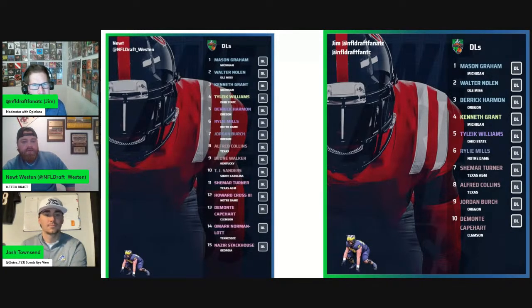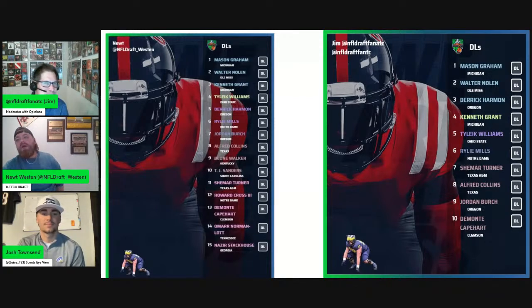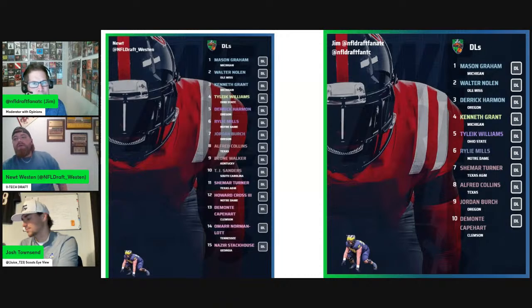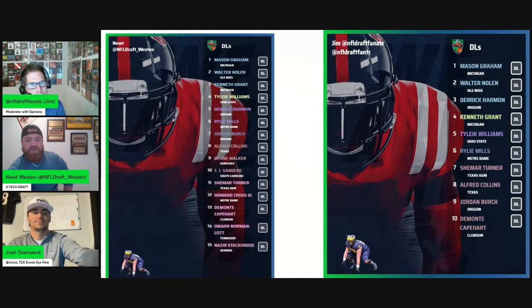Okay. Any other players that are in the top 15, Newt, that you'd like to give some time to? I mean, obviously, we have covered scouting reports on these players in detail that people can go back and watch. But anybody that you think you want to mention as to why you put them where you did? No, I want to hear. I'm really excited to hear Josh's take on Cross. I don't think that there are any guys that are in there.